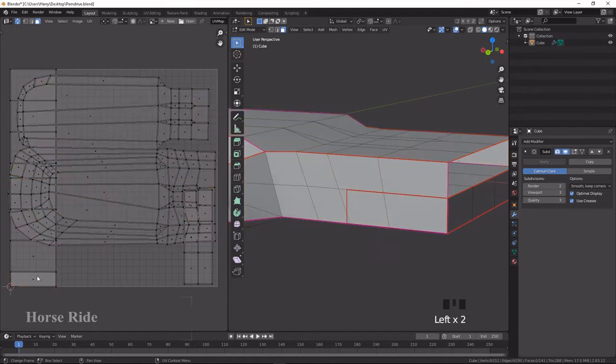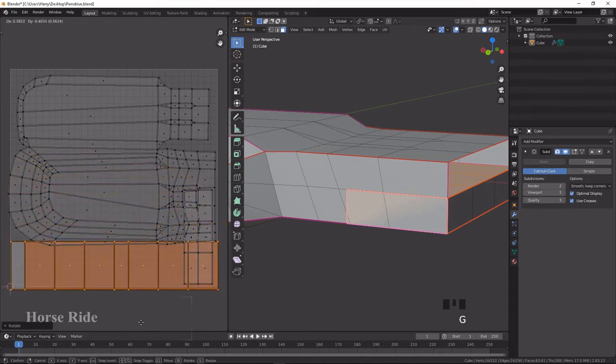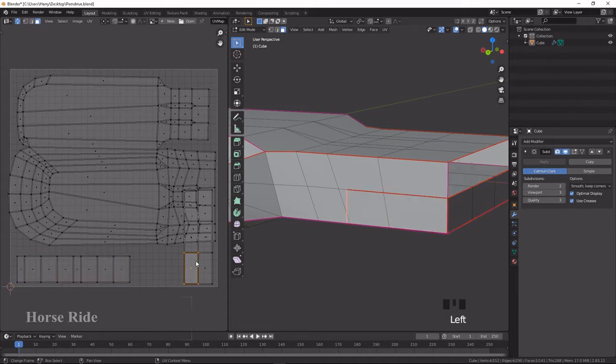So what we are going to do is press L on the keyboard to select that, or you can do like this, overlap that and press L on the keyboard and press R to rotate, type 90 and press enter, and G to move, and you can scale it down a little bit. Align the outlet on the islands, press L and select this one, press R to rotate, type 90 to rotate it exactly 90 degrees, press S to scale it down and G to move towards here.